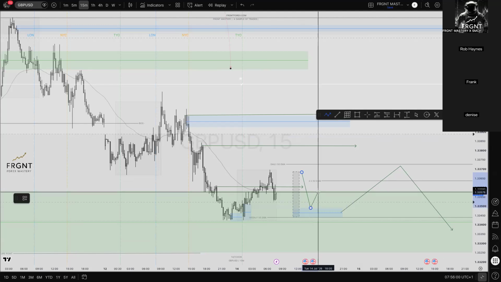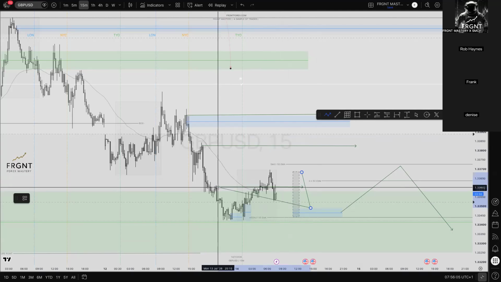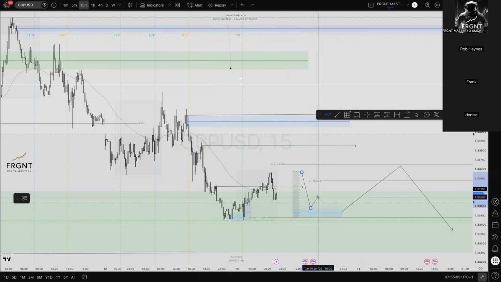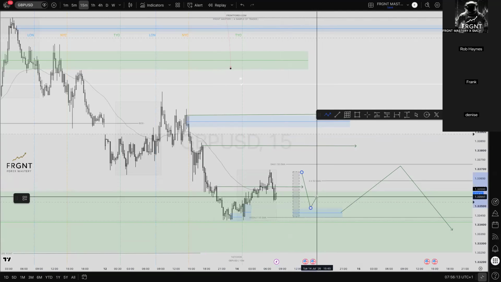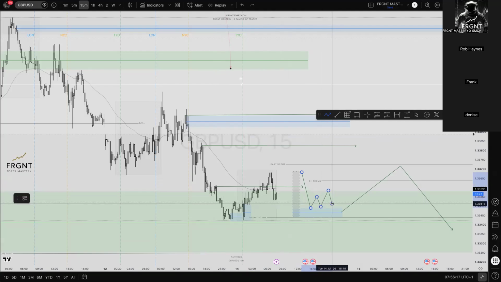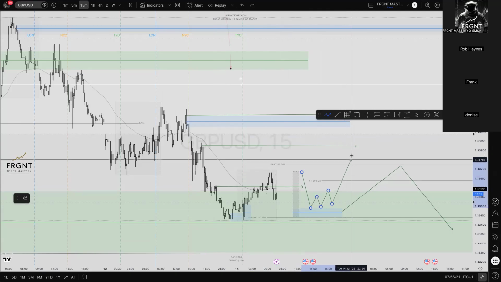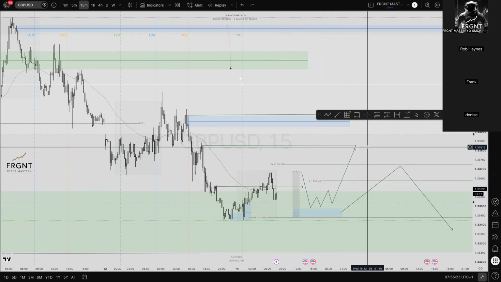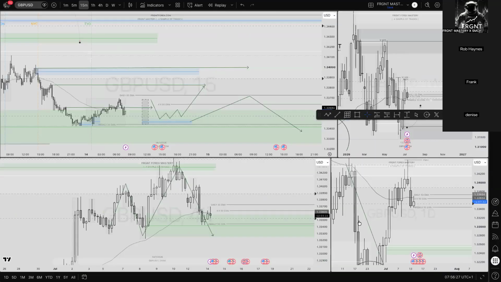Then once price comes back down to that order block, it's down to you, depending on if you perceive this as a valid enough break of structure. You might want to take that as a limit as soon as you've got that order block to select and price comes back, or, to get the cherry on top of the cake, a 1 minute break of structure. Now you're trading alongside the 1 minute time frame, or even a 5 minute break of structure, and then you're off you go. And where I'd be looking to manage that position, as we've mentioned, let me just double check the